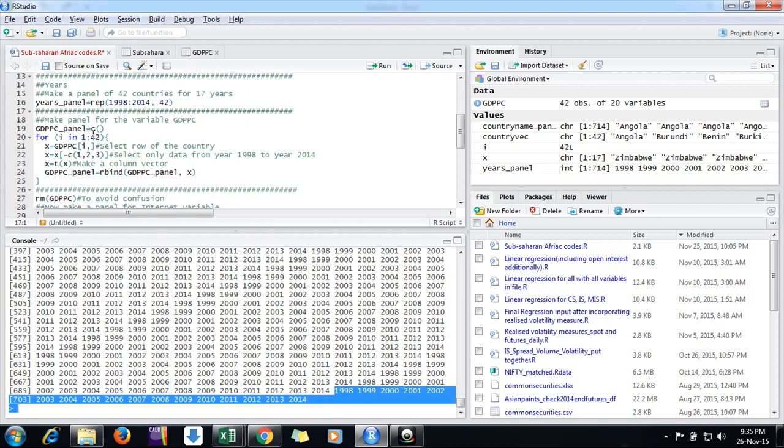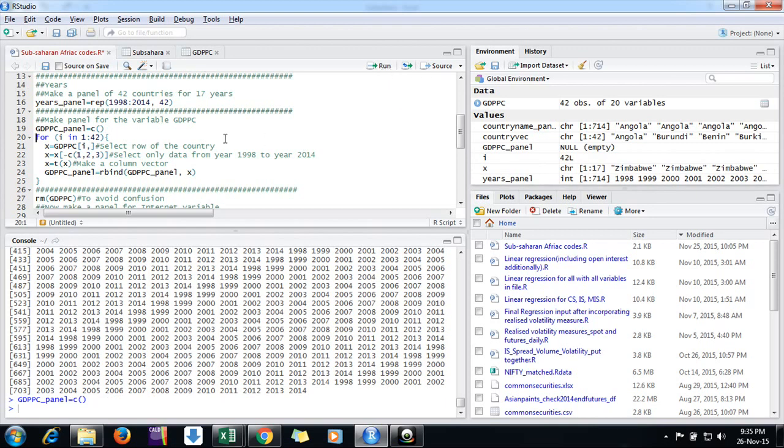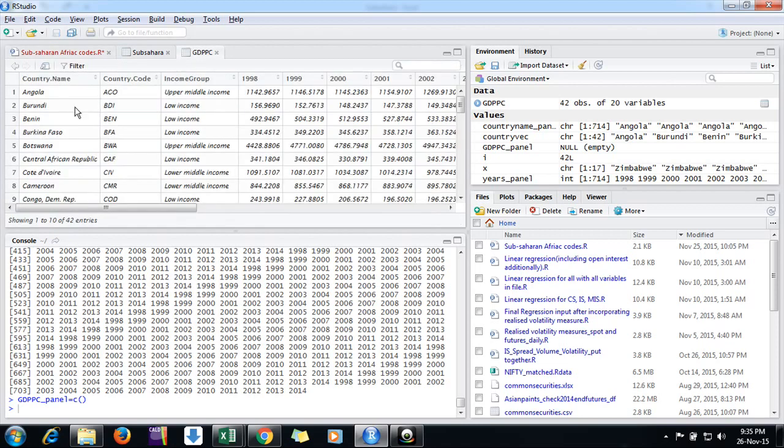Now we come to the GDP data. What I'm doing here is creating a null vector for the for loop. Then from 1 to 42, I want to run the loop 42 times. I'm extracting the first row. This is our GDP per capita. I want to extract the row of Angola. First row is Angola, second is Burundi. So similarly, I am just taking the first row, that is Angola.